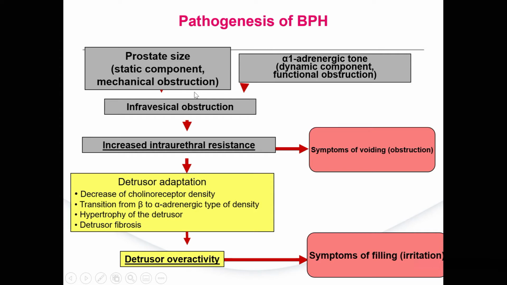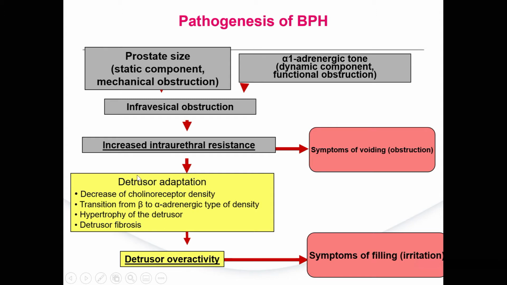Due to the situation when the urinary bladder is not able to control the urine outflow from the lower urinary tract due to the BPH, we have the problems with the infravesical obstruction. This obstruction increases the intraurethral resistance, and we have the voiding symptoms like obstruction, and also we